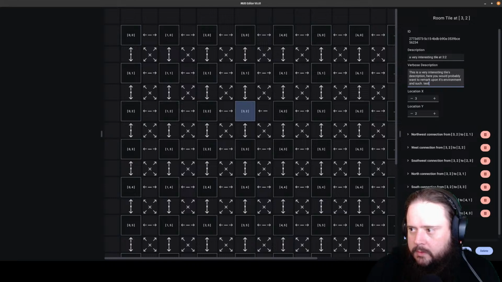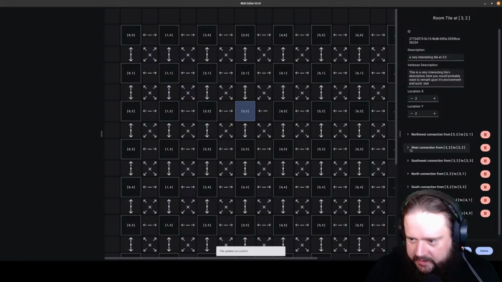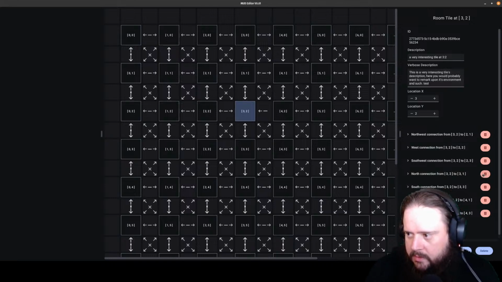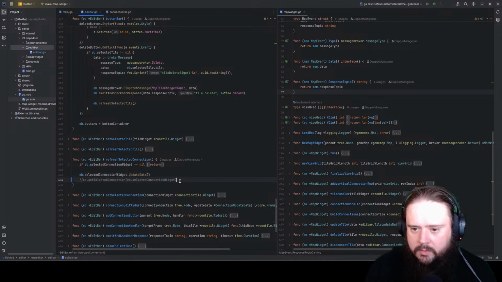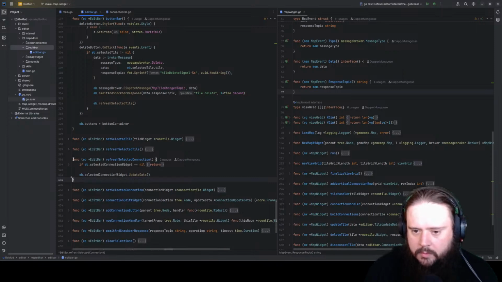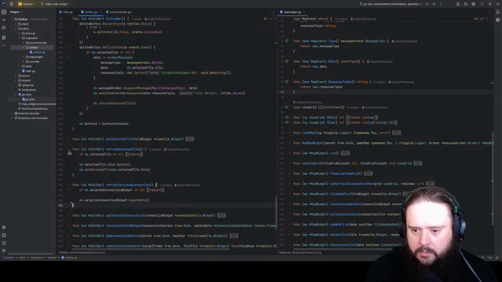It can remain selected because we update everything underneath it. If I was to do this and then click cancel, yeah, that's fantastic. And then probably the same for,